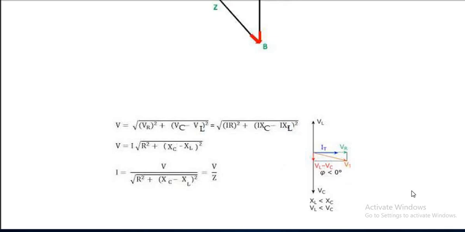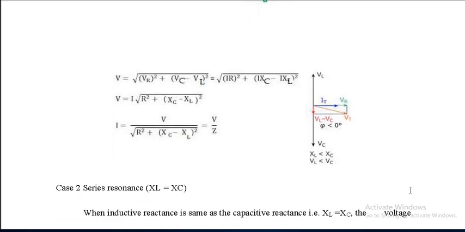Okay, so here the Z will be, you can see, the square root of R square plus (XC minus XL) whole square, because net reactance over here is XC minus XL. Okay, net reactance in the earlier case was XL minus XC. Why? Because it was an inductive dominant circuit. Here it is a capacitive dominant circuit. So the net reactance will be XC minus XL, right? Yes. Let us go ahead.